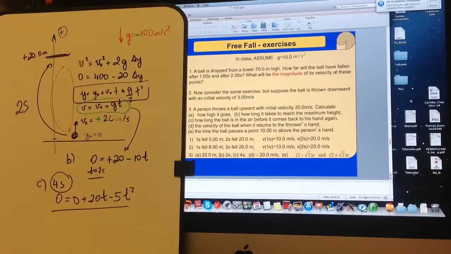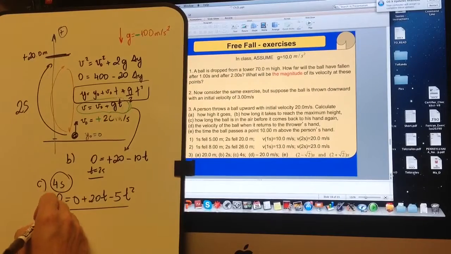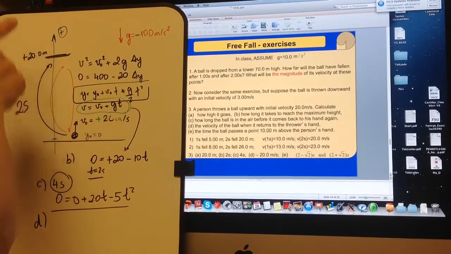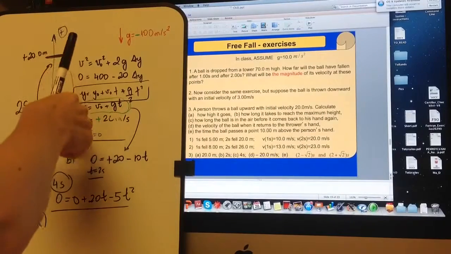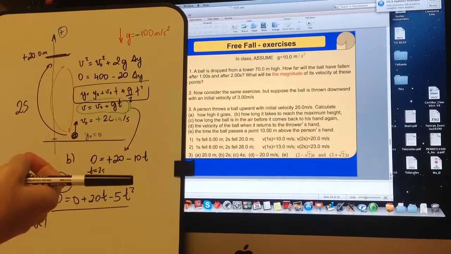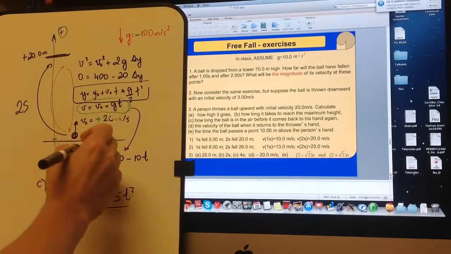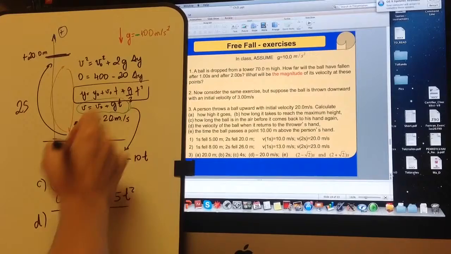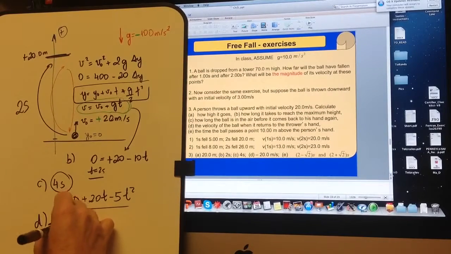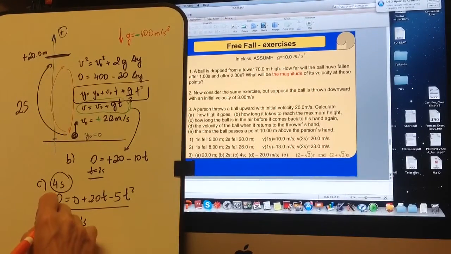All right. The other question is, what is the velocity of the ball when it returns to the person's hand? Again, this is one that you don't need to do any calculation. It left with plus 20. It goes all the way up, stops, and then comes down. So the same motion that it did up, it's going to be doing down. It's just a change in direction. So if it started with plus 20 meters per second, when it gets down, it will again be 20 meters per second, but pointing down. So the only thing that changes is the sign.